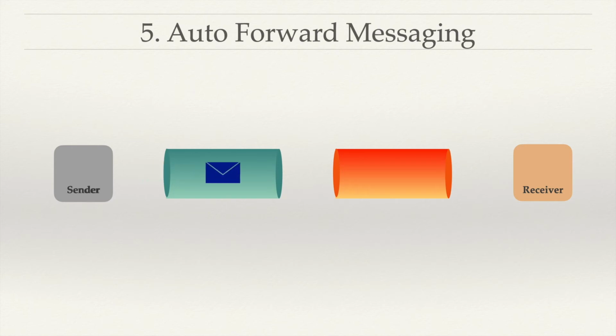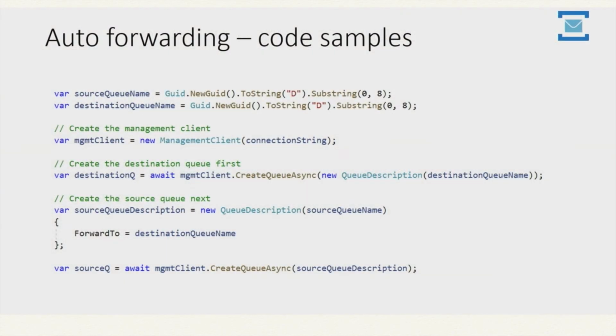So this is the way it works. The sender sends a message to queue number 1, which is the green queue, and then immediately the message is forwarded to queue number 2,